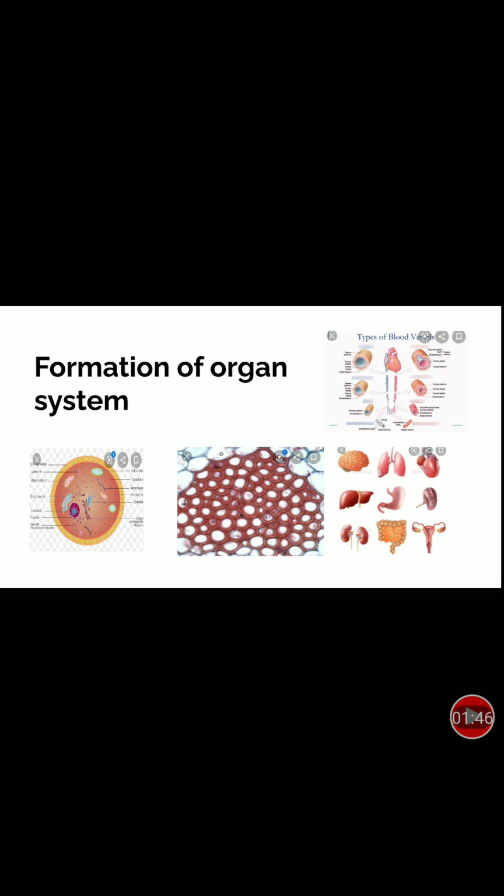Now, first of all, we will study about the types of blood. Now, you know, there is a red colored fluid called blood. It flows in blood vessels in our body. It transports substances like digested food from the small intestine to the other parts of the body. It carries oxygen from the lungs to the cells of the body. It also transports